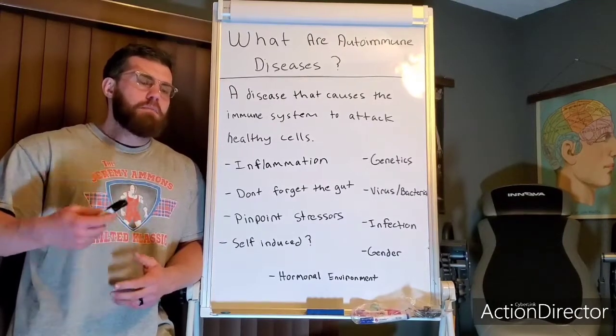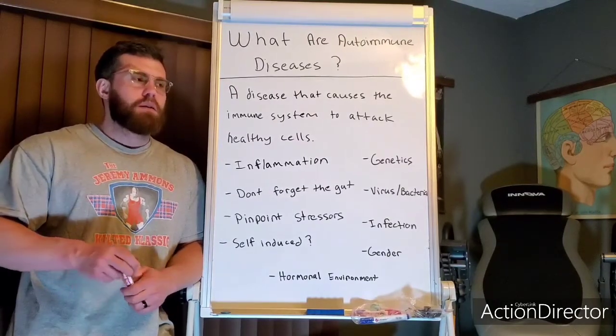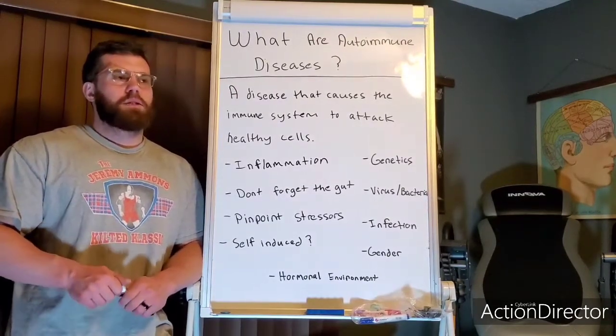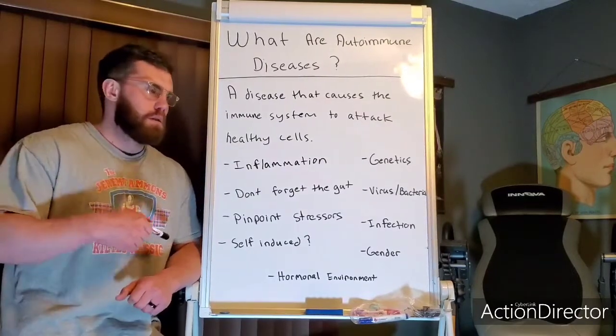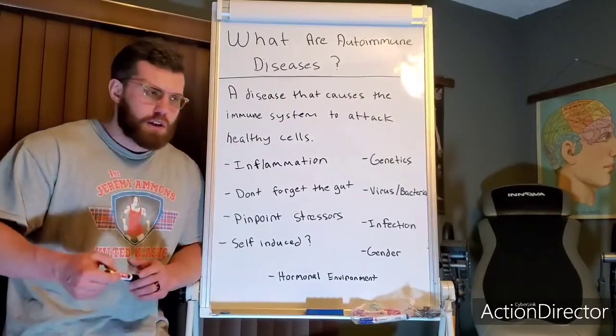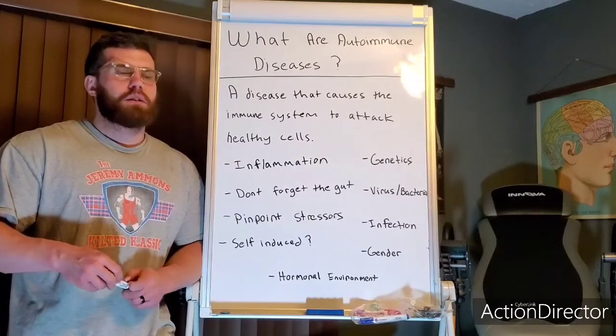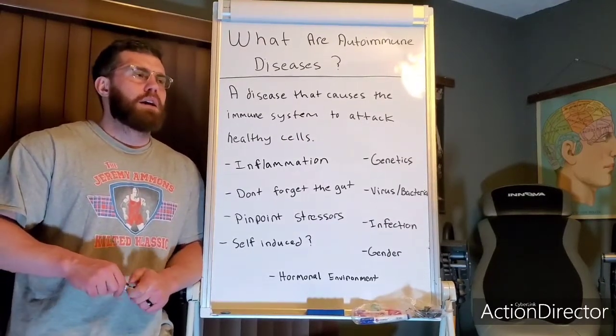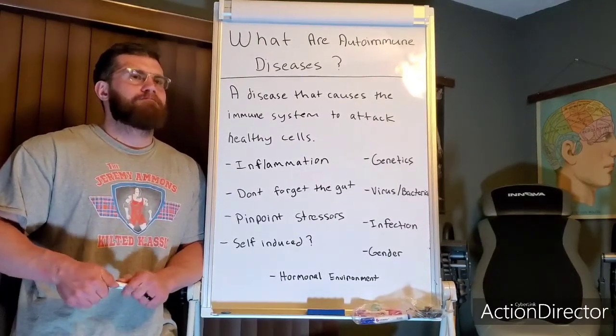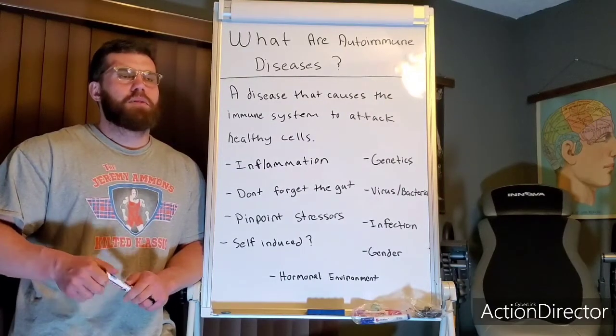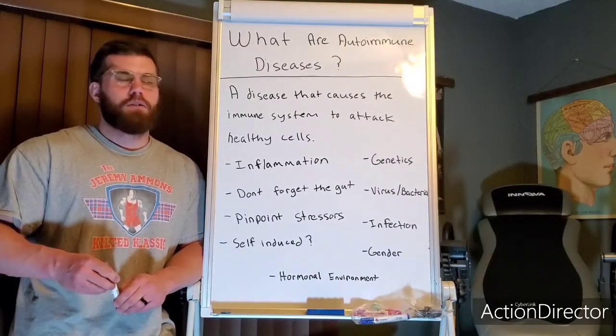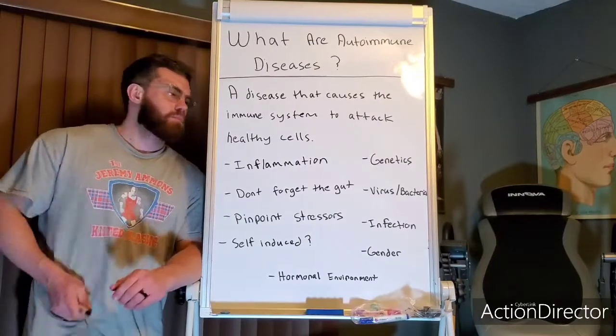Other ones are maybe not so severe. Some of them just manifest as certain skin conditions, rashes, and things like that. Not that they're not annoying and difficult to live with, but they're not necessarily potentially fatal, right? So